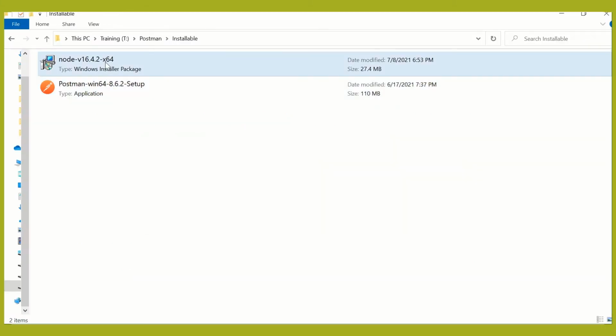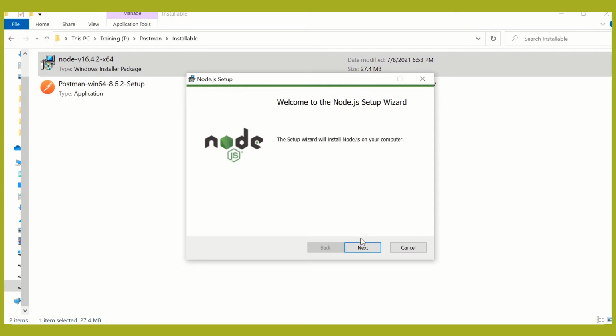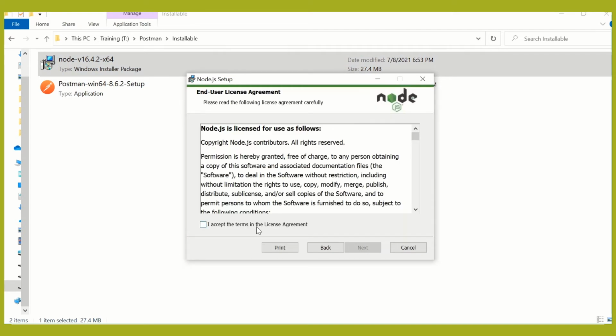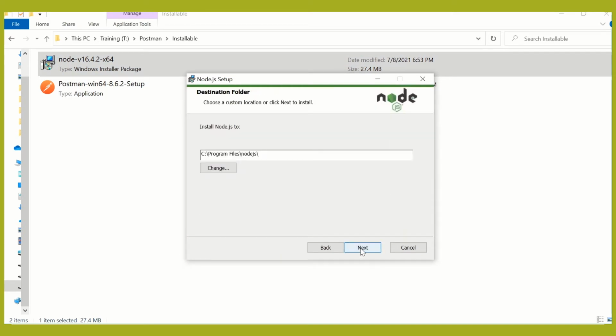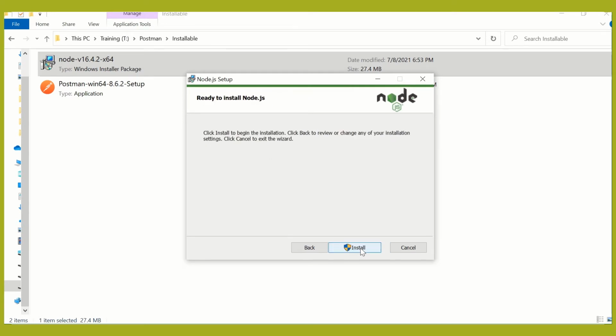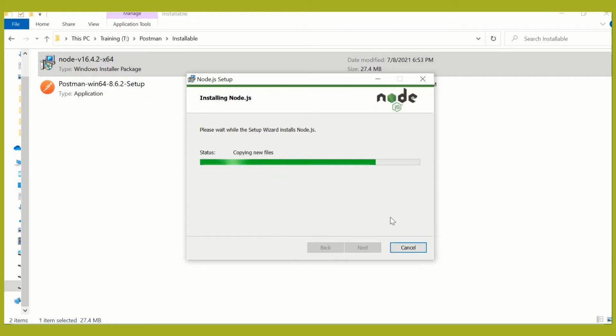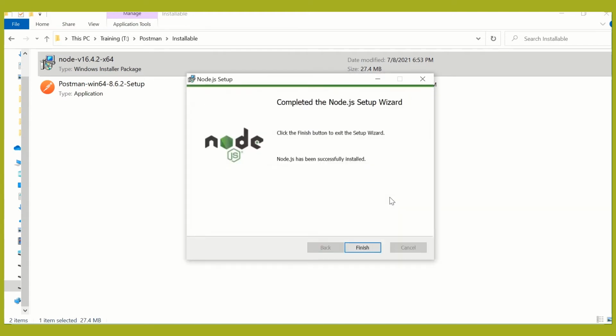The installer is downloaded. Let me click on install so that it gets installed on my laptop. We just need to click on next and we can keep all the paths as the defaults. I'm not changing anything over there. You can see the installation is completed. Now we can go to the command line and see how to install the Newman plugin using this npm registry.